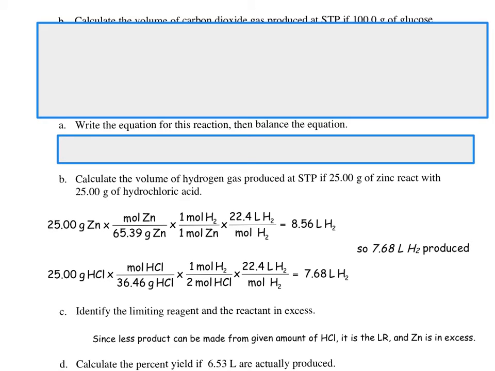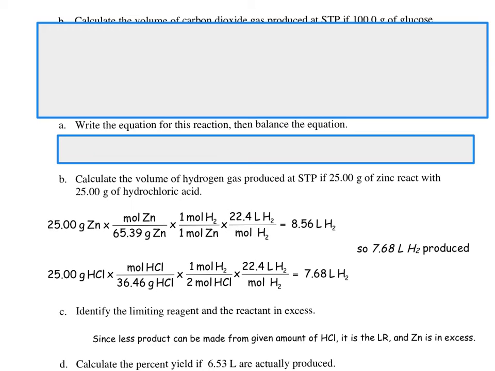Part B asks us to calculate the volume of hydrogen gas that would be produced at STP if 25 grams of zinc reacts with 25 grams of hydrochloric acid. This given of 25 grams of one reactant and 25 grams of the other is the clue that this is a limiting reactant problem. It doesn't say up front in this question that it is a limiting reactant problem, but because it is not specified which reactant is limiting or excess, we're going to have to figure that out